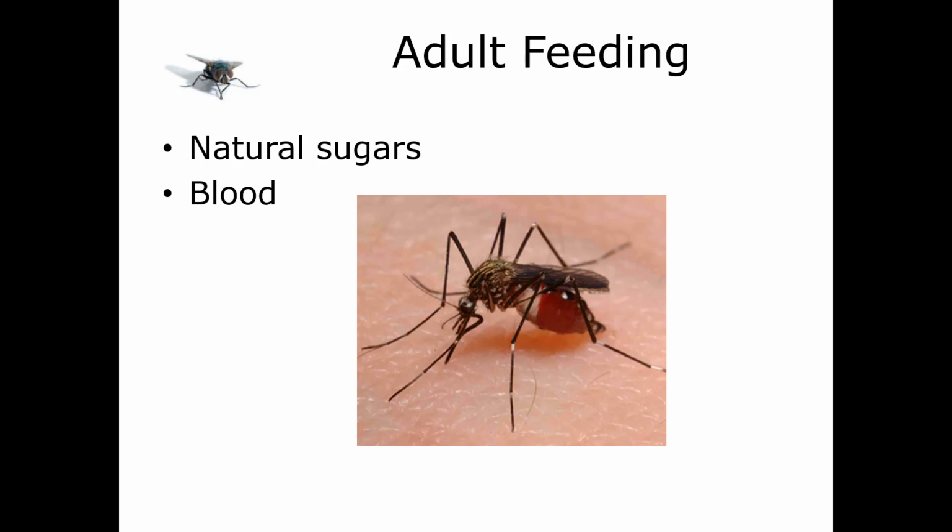Now, once everything is good to go, she's going to produce a single mature clutch of eggs after each blood meal. So a blood meal is required for each egg laying cycle. Now, all the eggs in her ovaries are going to develop at the same time, and they're going to mature about 2 to 5 days after a good blood meal. After that, she's going to go find a place to oviposit. The number of eggs that she can oviposit depends on the size of the female body, the energy reserves, and the size and quality of the blood meal she was able to take.